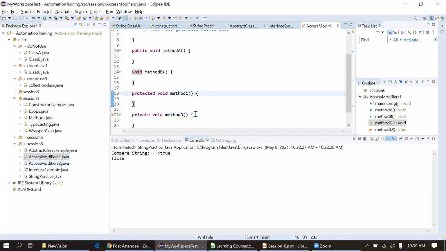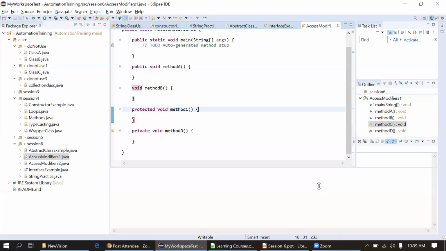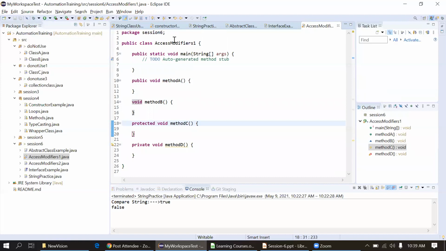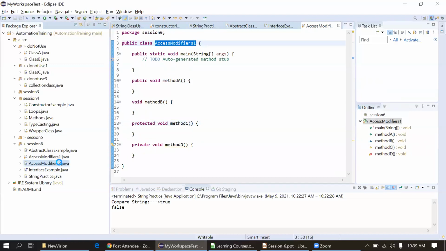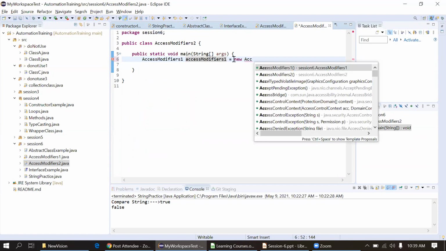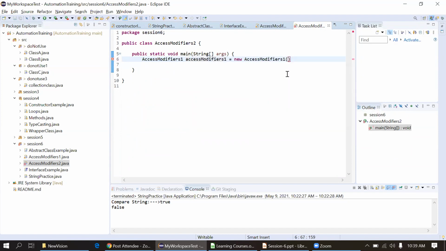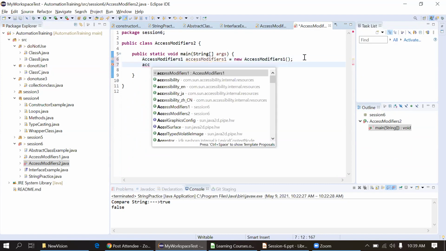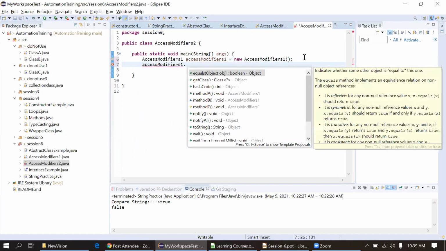I will create an object of this access modifier 1 class. I will minimize this window below. I will create an object of access modifier 1 in the other class, and in this class I will try to access these methods. You can see how many methods we can access.